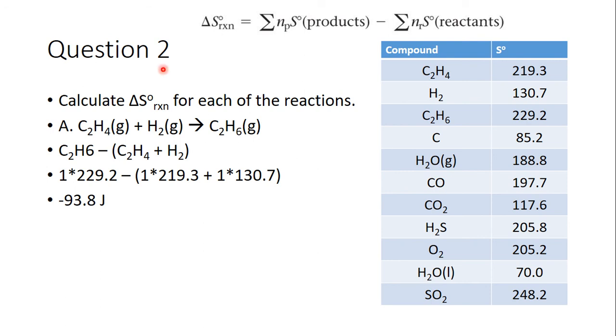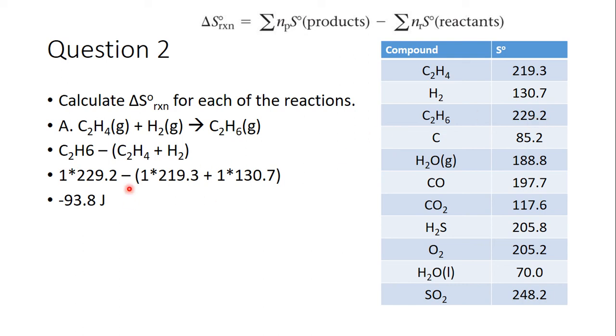So I'm going to do A for us. We have C2H4 plus H2 goes to C2H6. Here's our reaction. The sum of the number of moles of product times S of product minus the sum of the number of moles of reactant times S of reactants. So really, I want to do products minus reactants. So C2H6 minus C2H4 plus H2. These are going to be our standard entropy values. So for C2H6, I have a 1 here. That's because I have 1 mole of it. 1 mole times